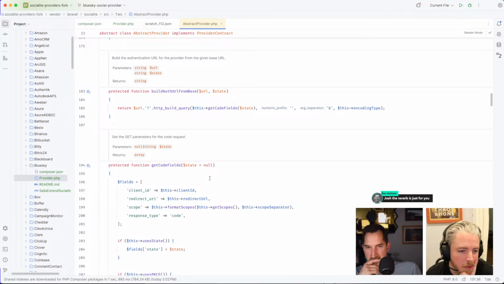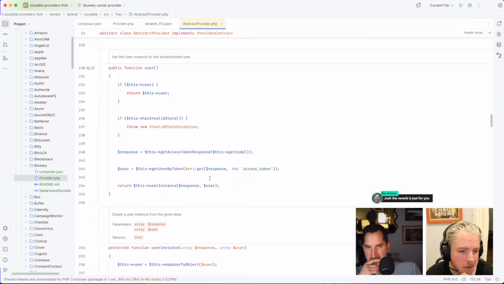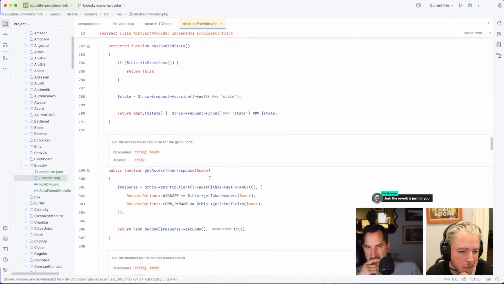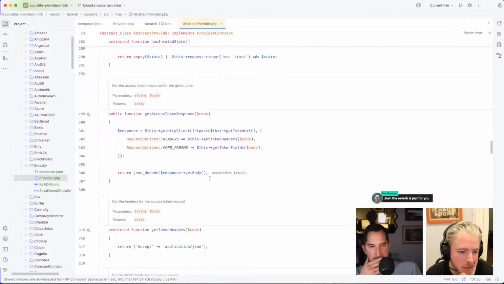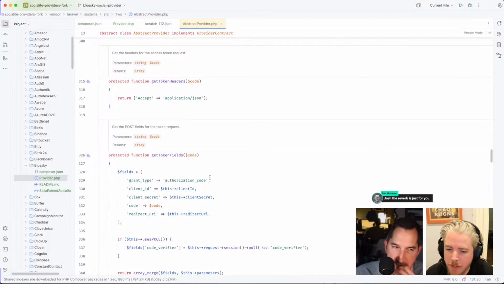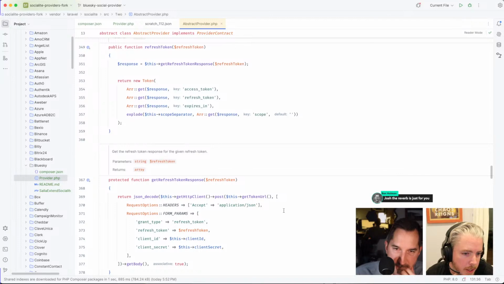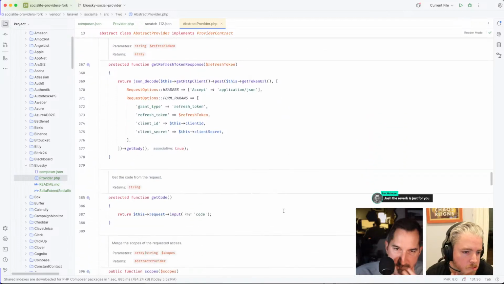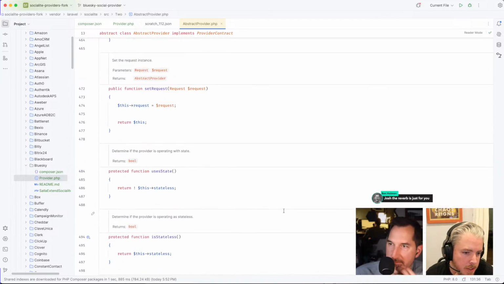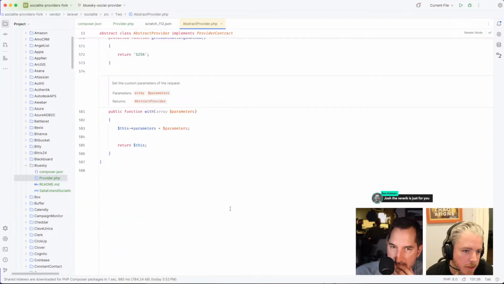And then they're going to get redirected back to Socialite with some response. And the question is, does Socialite make that available to us, or is it fully abstracted away? I don't see anything in here that